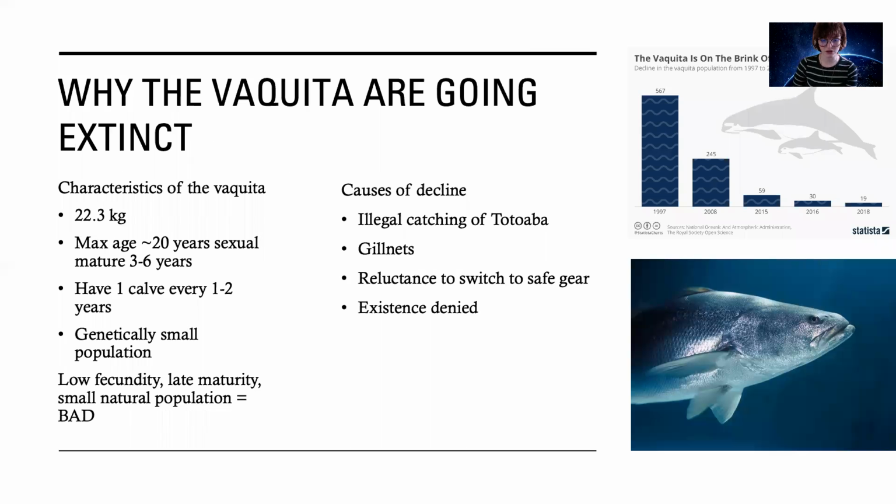So why are the vaquita going extinct? Some background information is that the vaquita weighs around 22.3 kilograms and has an average lifespan of 20 years. The vaquita becomes sexually mature at 3 to 6 years of age, and each reproductive event yields only one calf every 1 to 2 years. Genetic analysis indicates that the population sizes of the vaquita have always been small. This late maturity, small natural population, and low fecundity results in severe decline in the population when high bycatch rates